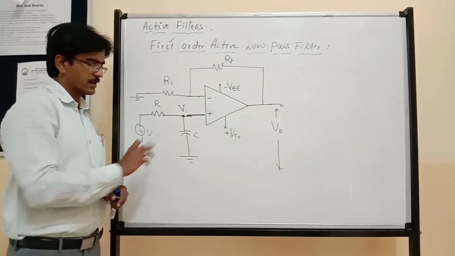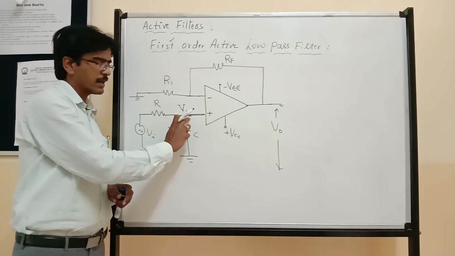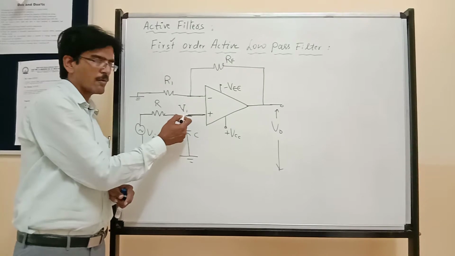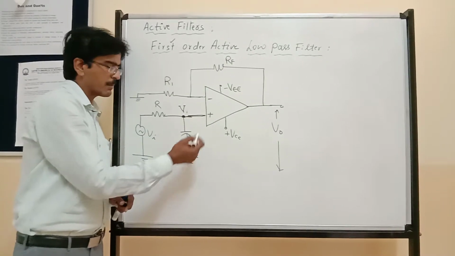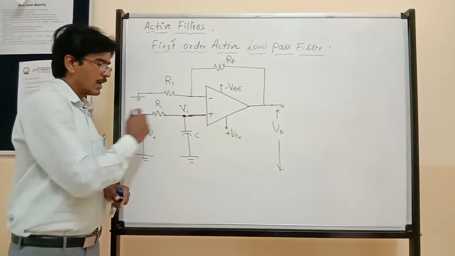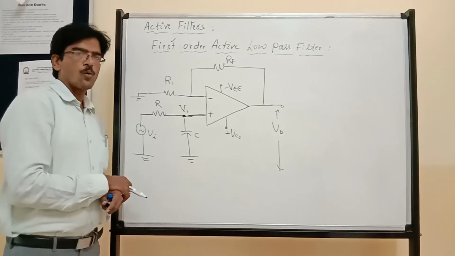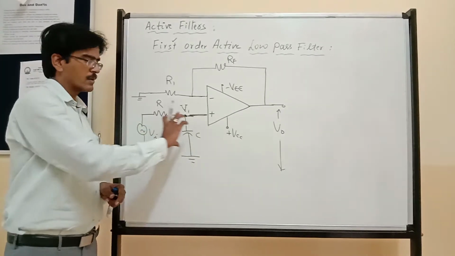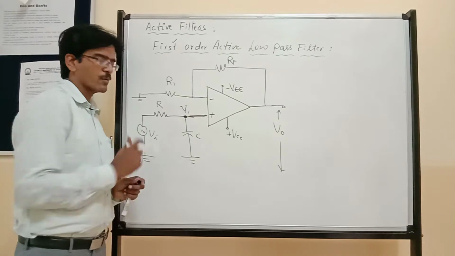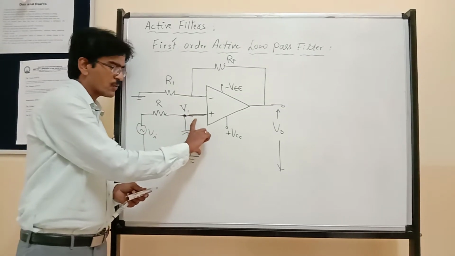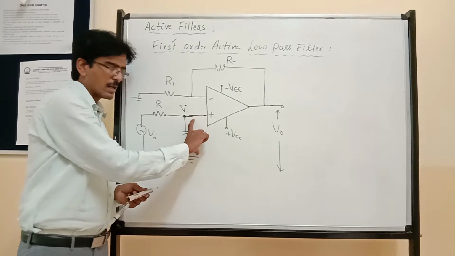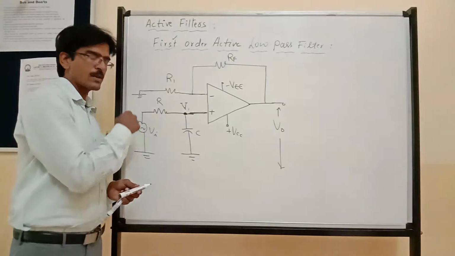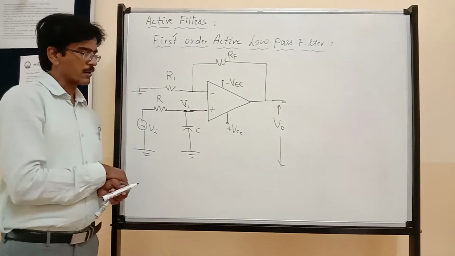Now, my intention is to find the voltage V1 at the non-inverting terminal. That is, I want to find the voltage at the non-inverting terminal with respect to ground. That means I want this voltage. Now, very simple, let us apply the voltage divider rule. This voltage is dividing, it is a series circuit, so I can apply the voltage divider rule to find this voltage. This voltage is equal to this element divided by the sum of the elements, into the total voltage that you are applying to this series circuit.